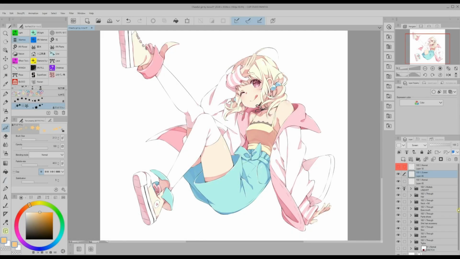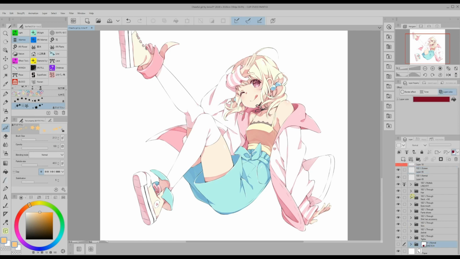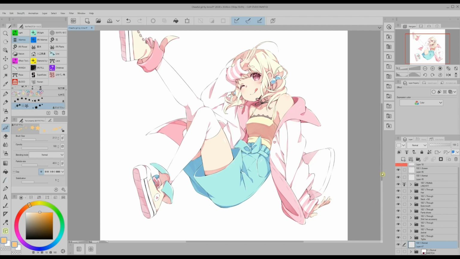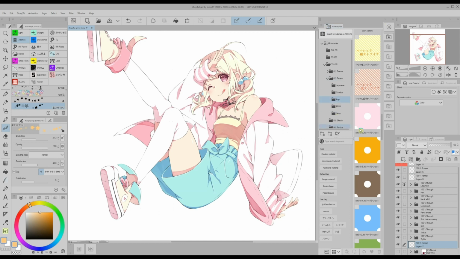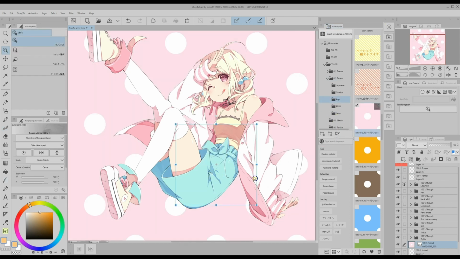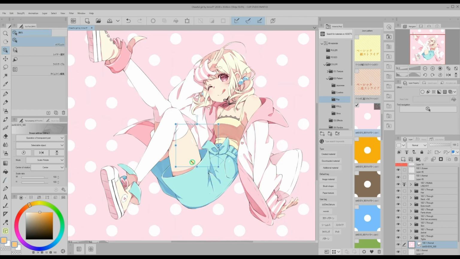I'm going to place the background layer at the bottom of the layer palette, under all the layers where I colored the character. I open the Material palette, where all my textures and patterns are saved, and I choose one that fits the illustration. After dragging and dropping it into the canvas, I resize the pattern until I like how